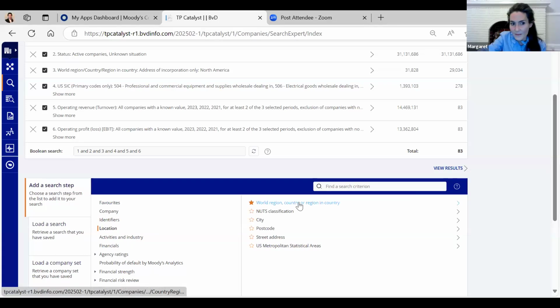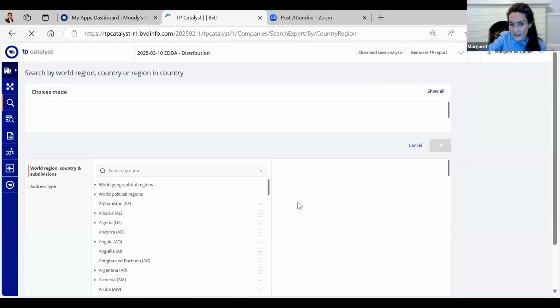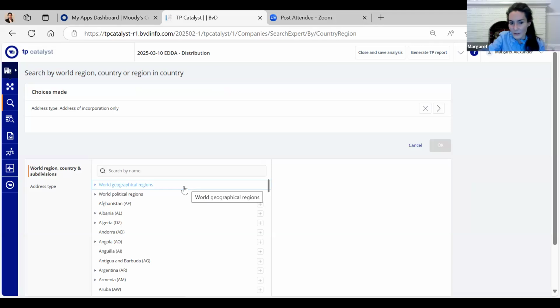So for the location, if you click on the world region, country or region, you can look at either the individual countries, or you can look at 2 different groups. We have geographical regions, but we also have political regions.